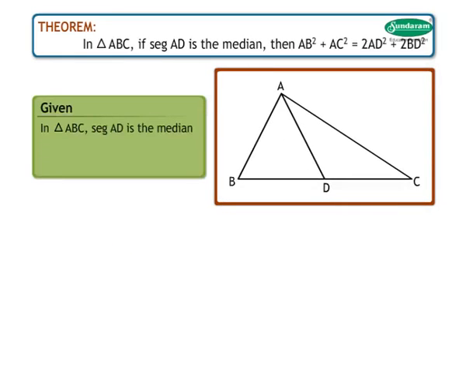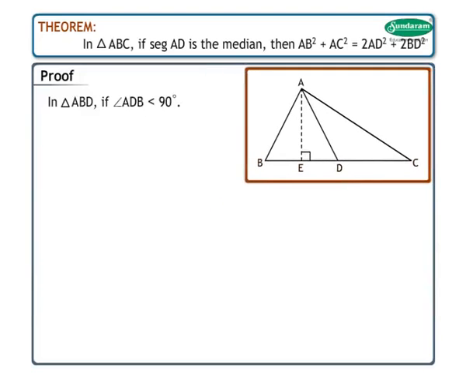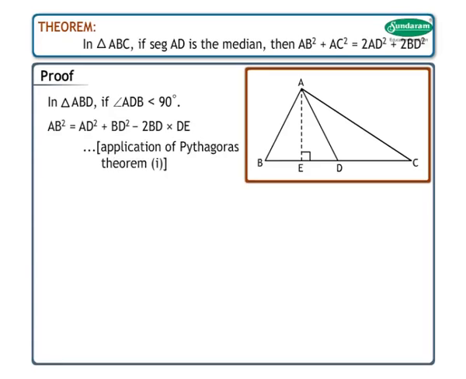Given, in triangle ABC, segment AD is the median. To prove, AB square plus AC square is equal to 2AD square plus 2BD square. Construction. Draw segment AE perpendicular to side BC such that points B, E and D are collinear. Proof. In triangle ABD, angle ADB is less than 90 degrees. By using application of Pythagoras theorem, we get AB square is equal to AD square plus BD square minus 2BD